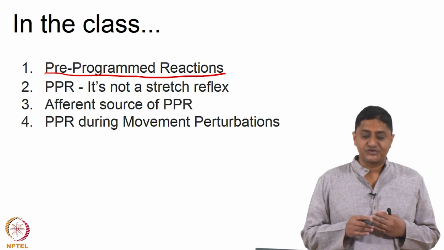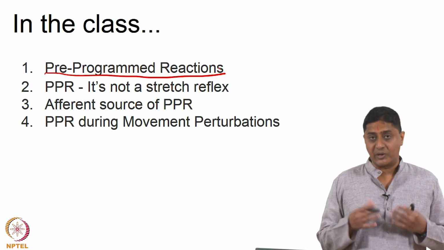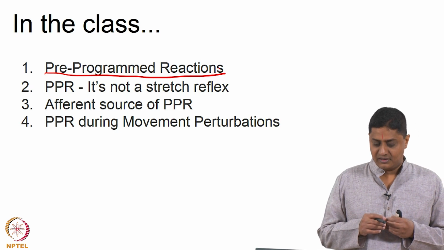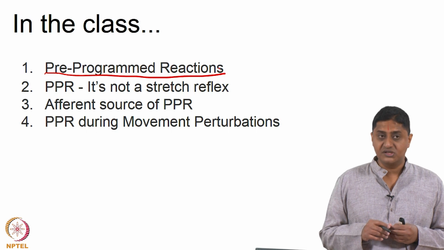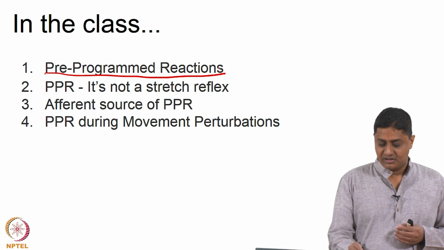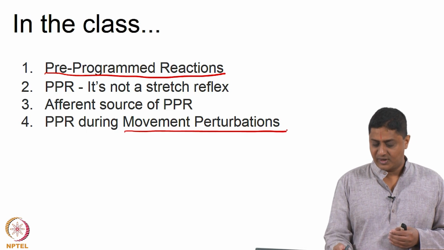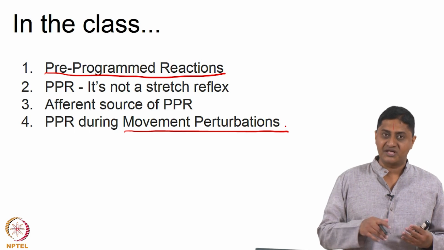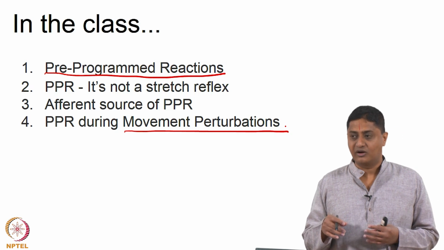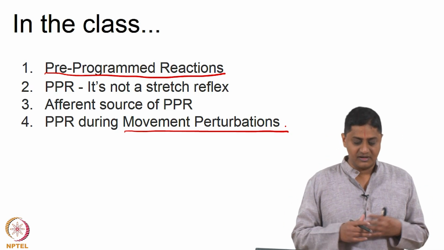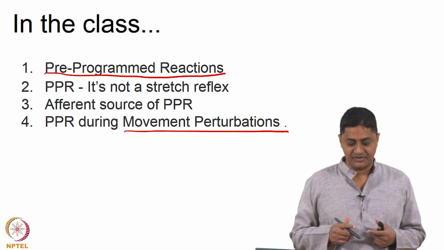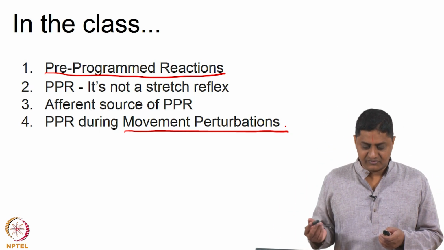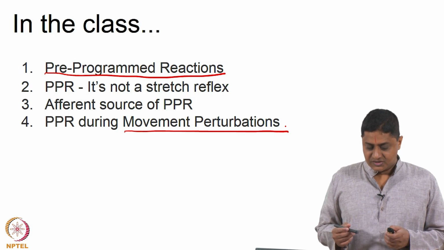What are the possible afferent sources of pre-programmed reactions, and how does a pre-programmed reaction affect a movement when it is happening? In other words, a movement is happening, a perturbation is applied, and how does the pre-programmed reaction react, what is the direction in which it happens? We will discuss this in some relative detail. So, to begin with,